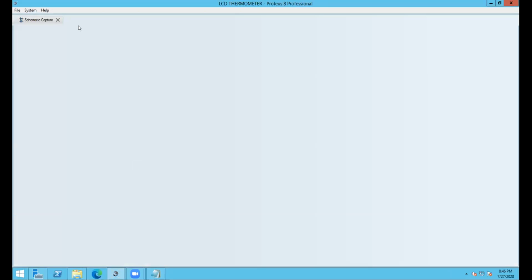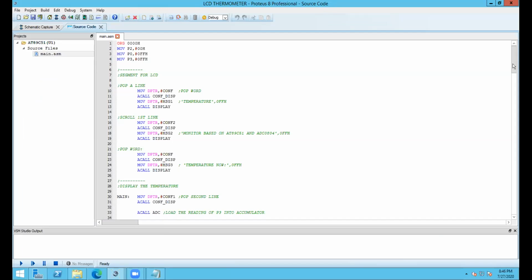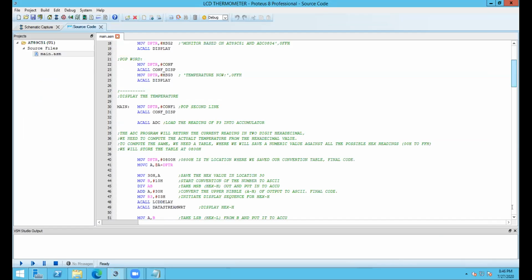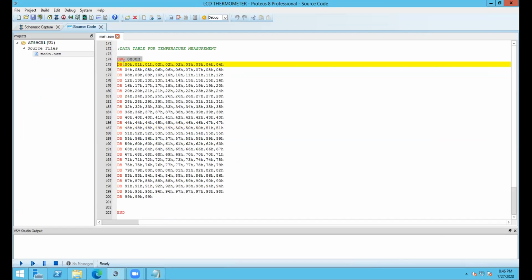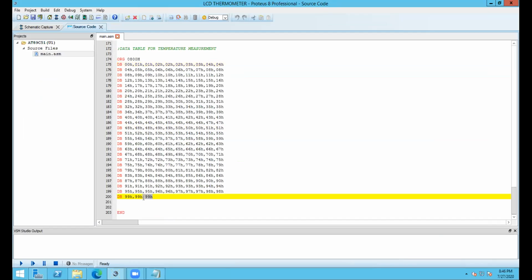This is the program where I have figured out the table. For each degree of temperature, each byte here resembles from 0 to 99 degrees Celsius of temperature.